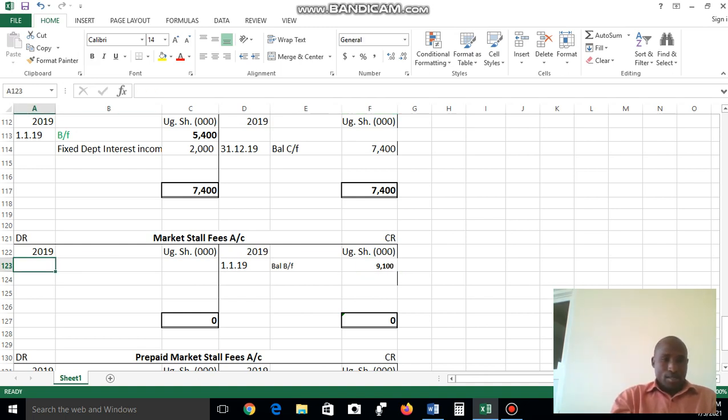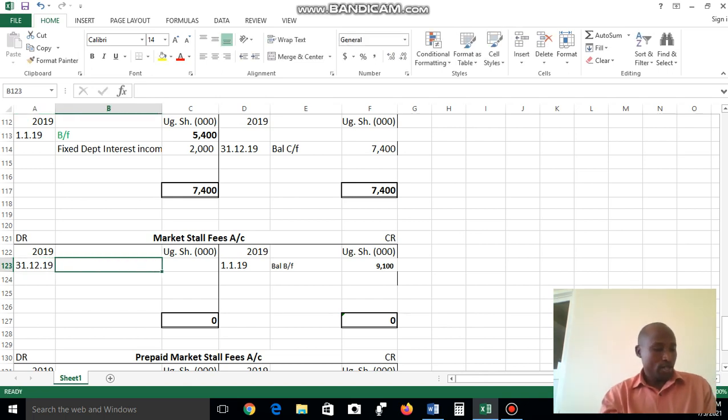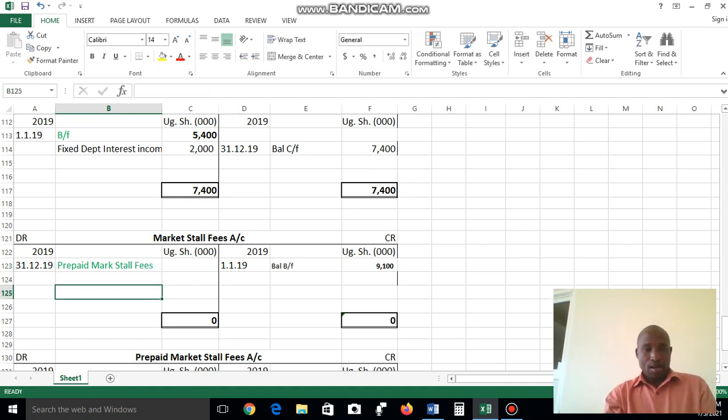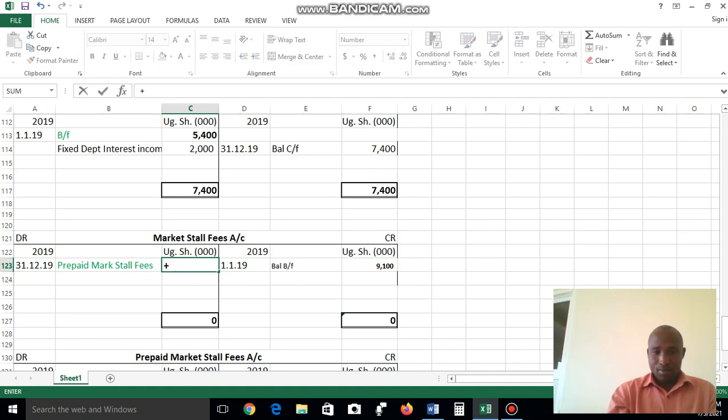So we shall come to the debit side of this account and say this is 31st December 19. We transfer. We have prepaid market store revenues or fees. You can say fees. So now we put here 50% because we want to see